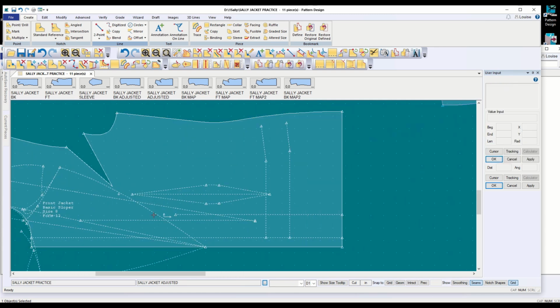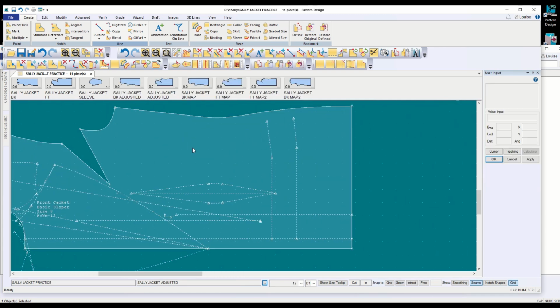And then I want to blend between those two, so I'm going to create a 2-point curve. And I didn't go back out, I was close to it, so I just started there. And I'm going to blend my 2-point curve right there so it's easier to search. And I could probably trace that off without, but